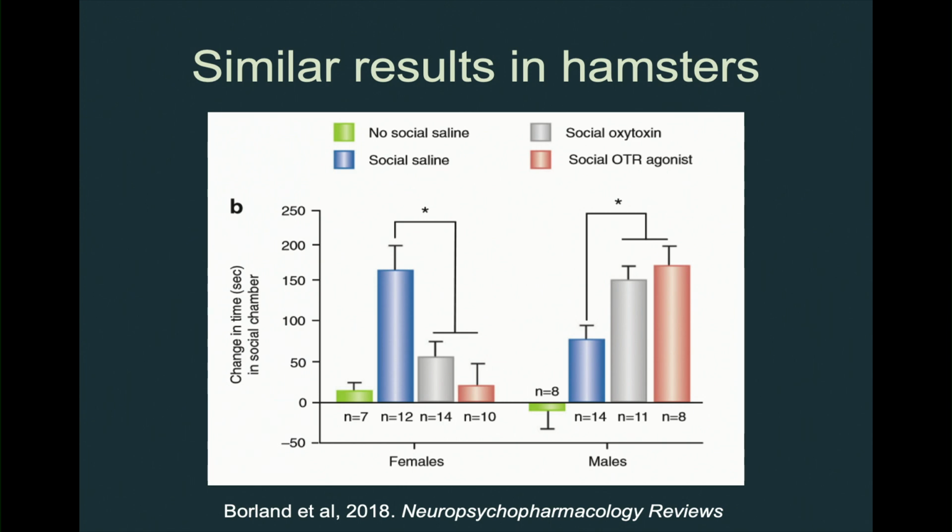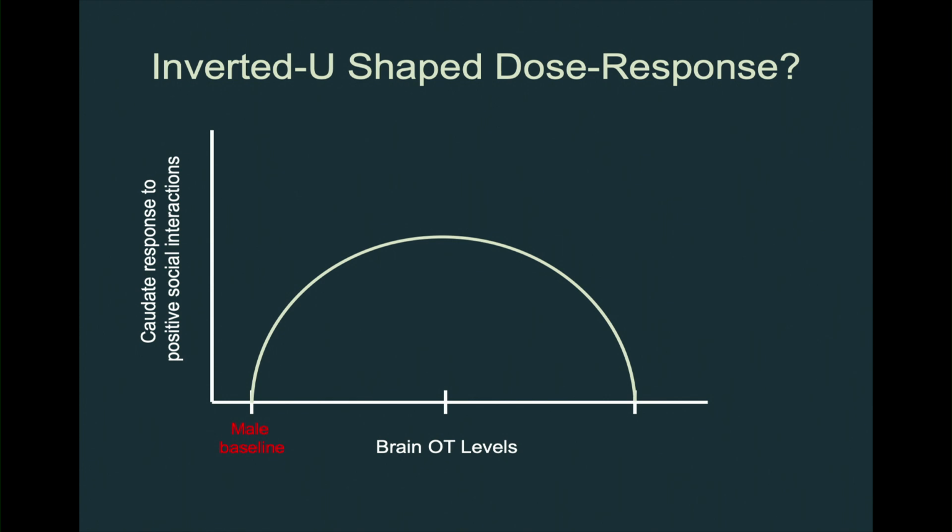So, sort of post hoc, we had to try to come up with an explanation for these findings. And we thought, well, maybe there's a nonlinear inverted U-shaped dose-response function. Here we have levels of oxytocin in the brain on the x-axis and the neural response on the y-axis. And we're suggesting that at baseline, men might start off here further to the left, whereas women may start off closer to the peak of the dose-response function. There is one paper showing that women have higher levels of oxytocin in their cerebral spinal fluid